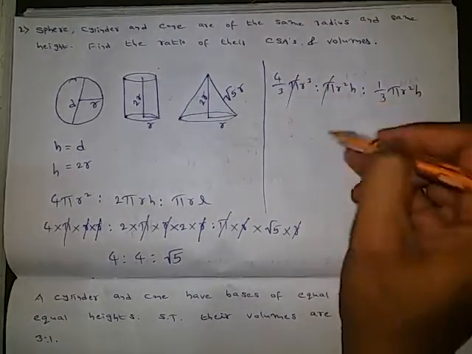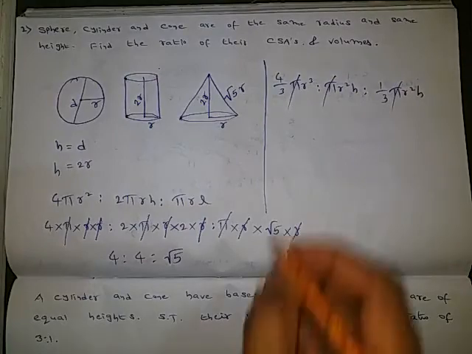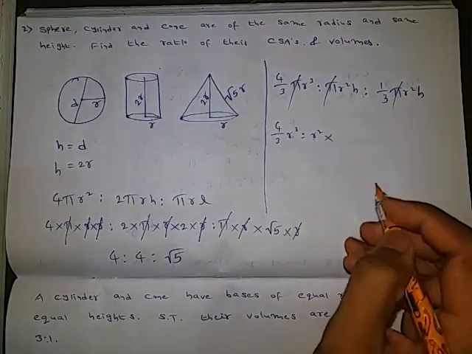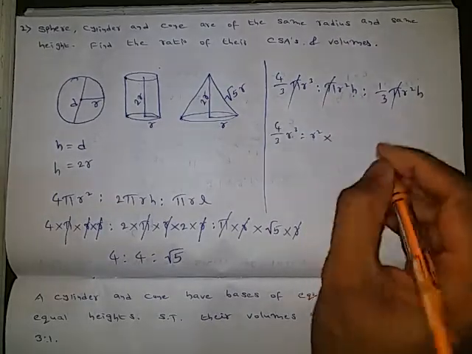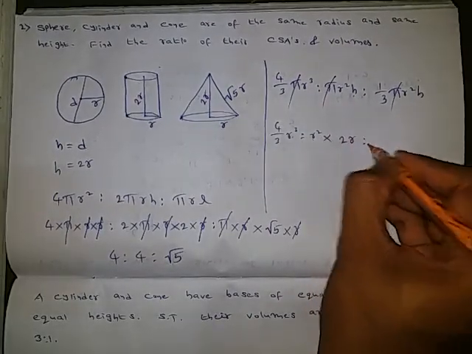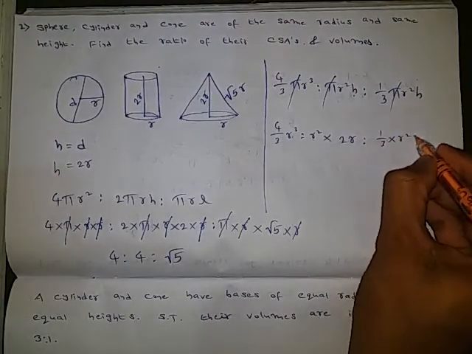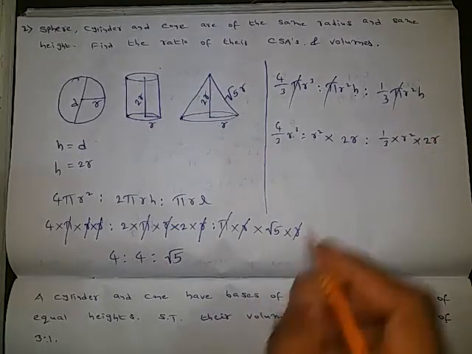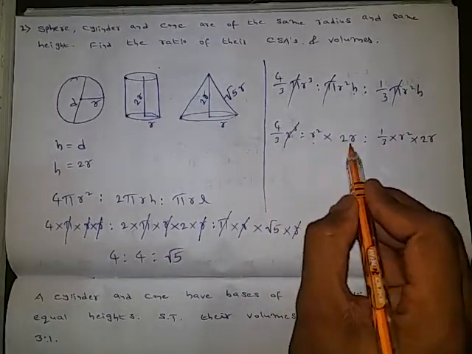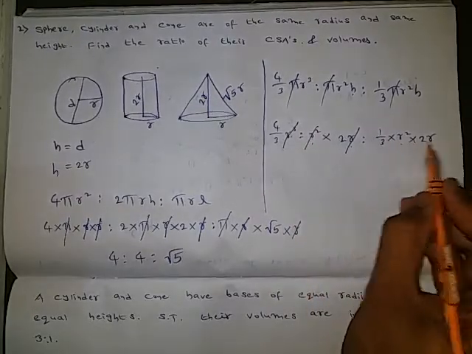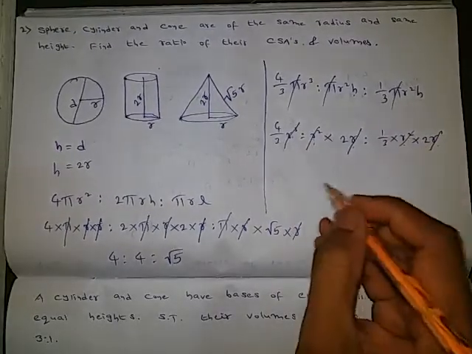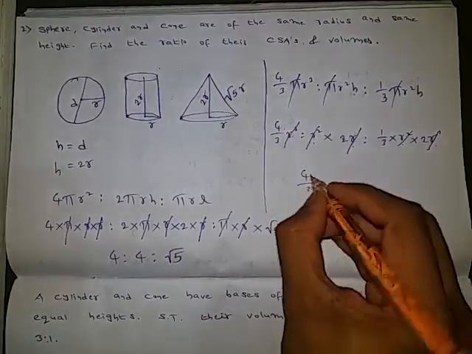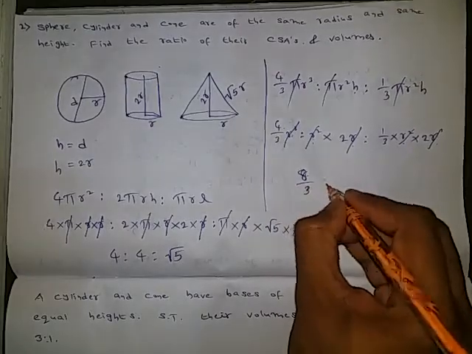Here pi will get cancelled, so we remain with 4 by 3 r cube is to r square into h. Height of the cylinder 2r is to 1 by 3 into r square into height of the cone 2r. Here r cube, r square into r cube, r square into r cube. So we remain with 4 into 2, so 8 by 3 is to,